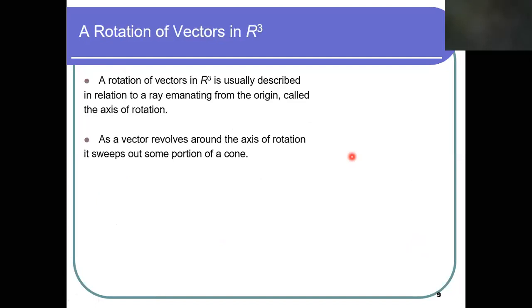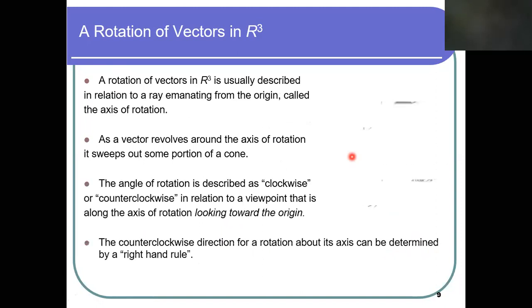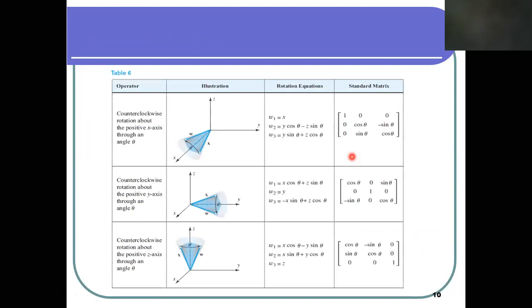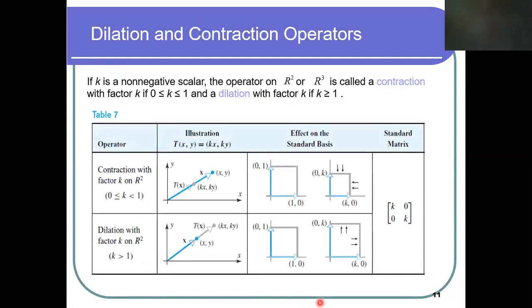Rotation in three dimensions can also be seen through the right hand rule. So dear student, you have to derive all these matrices or equations given in table 6 and take it as homework, in order to get involved in this lecture: how one can derive these equations, that is, in three dimensions, how the rotation equations can be derived. So this is left as an exercise.